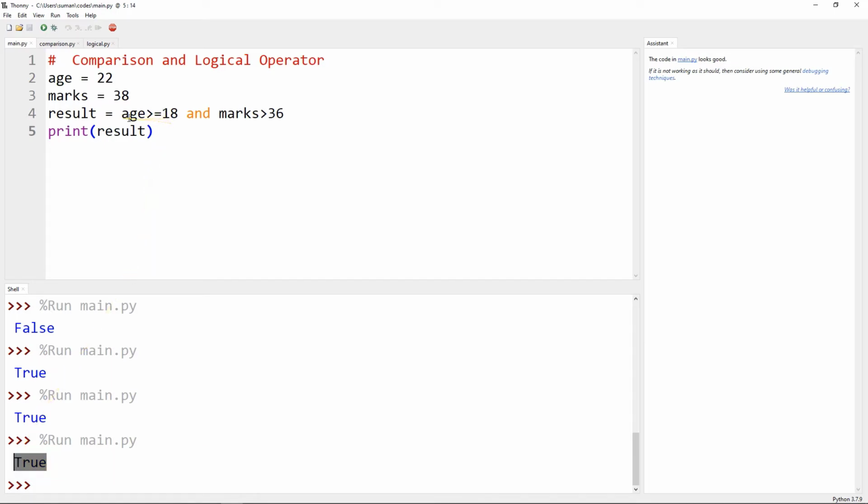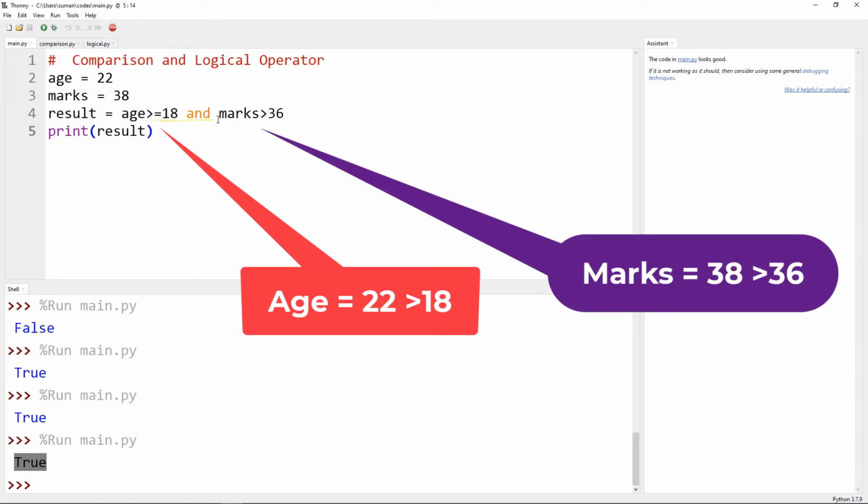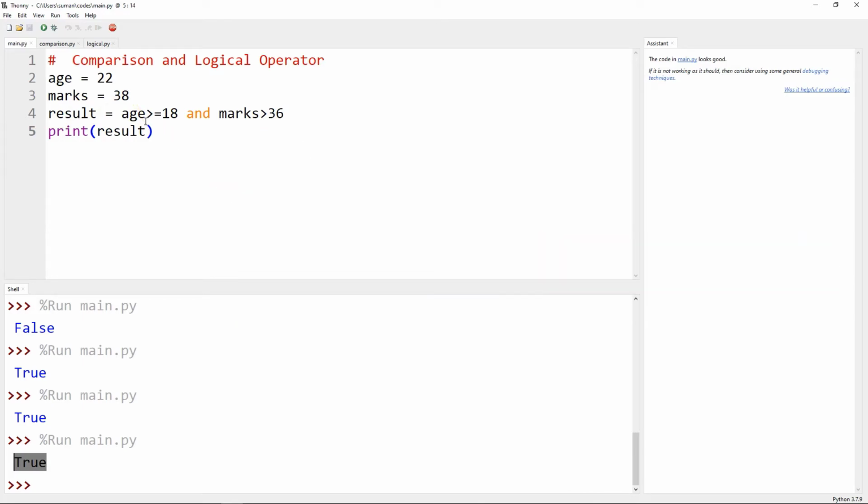Why? Age is 22, which is obviously greater than or equal to 18, and marks is greater than 36, and marks has been assigned as 38. So both the expressions are true.